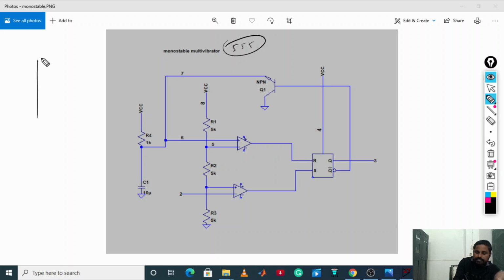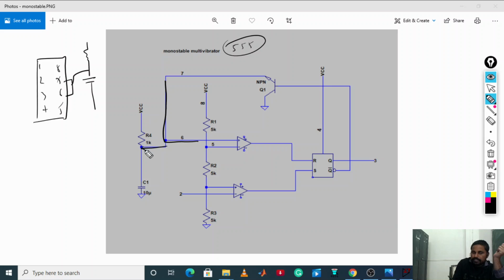If this is your IC, now let me draw. This is your IC. Now externally R and C has been taken, and if you draw 1, 2, 3, 4, 5, 6, 7, 8, terminals 7 and 6 has been common. This 7 and 6 has been made common, and it has been connected across the capacitor. This is the connection that we have done, and here we are supplying VCC, and this is going to terminal